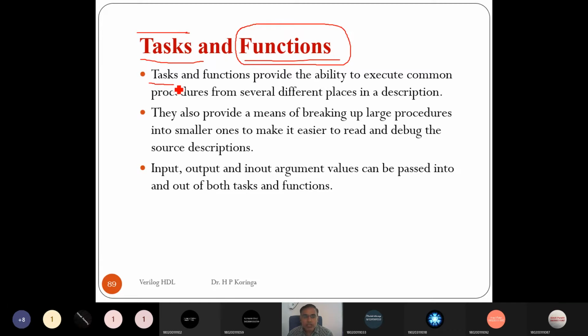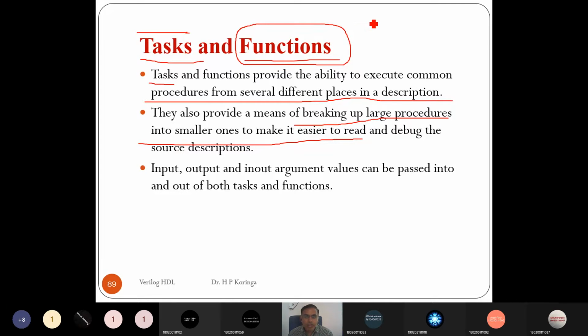Now let's see the basic difference between the task and functions. Task and function provide the ability to execute a common procedure from several different places in a description, as I told. They also provide the means of breaking up a large procedure into smaller ones to make it easier to read and debug the source description.